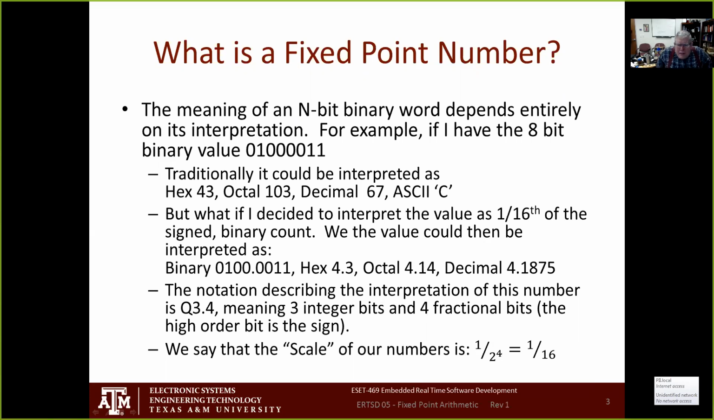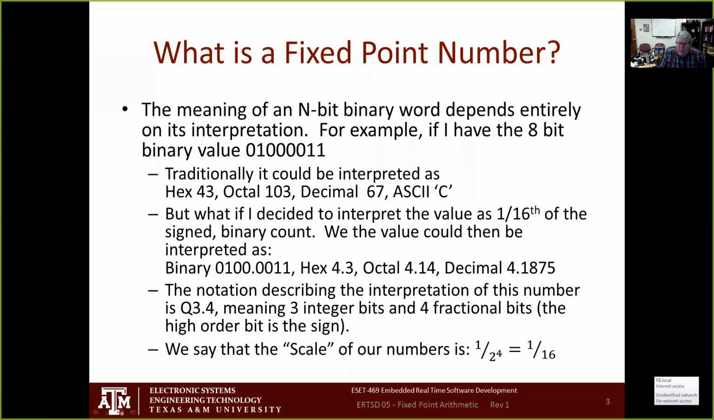So let's say that I have an arbitrary n-bit binary word. What gives it a value? It's just a bunch of ones and zeros, right? What is it that we use to assign a value? Well,